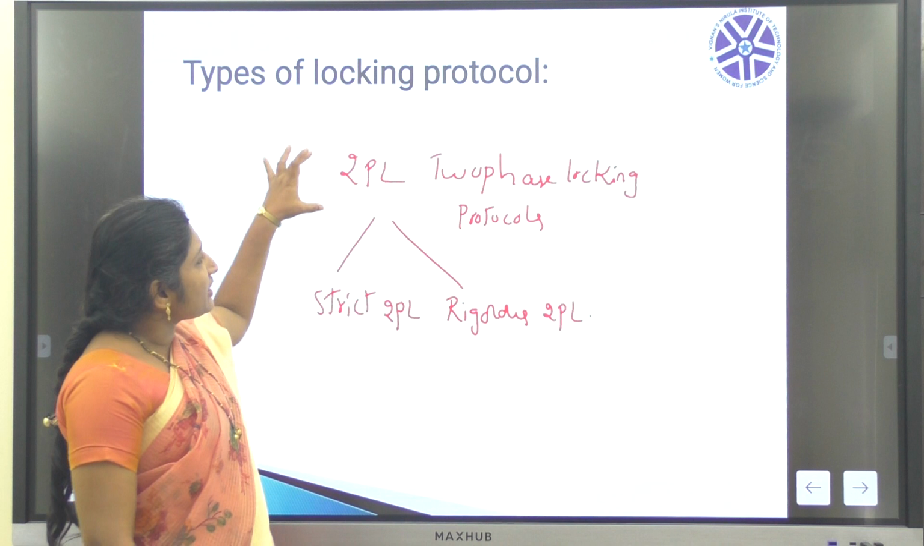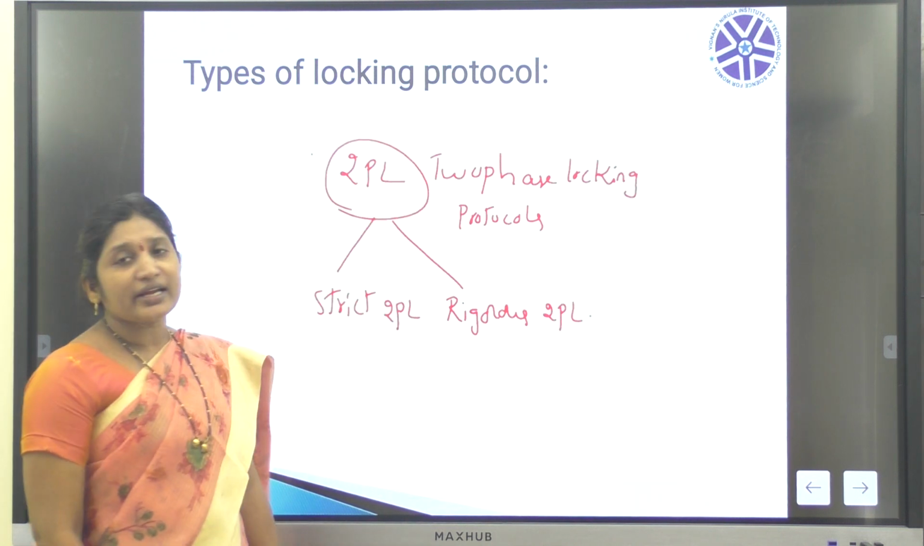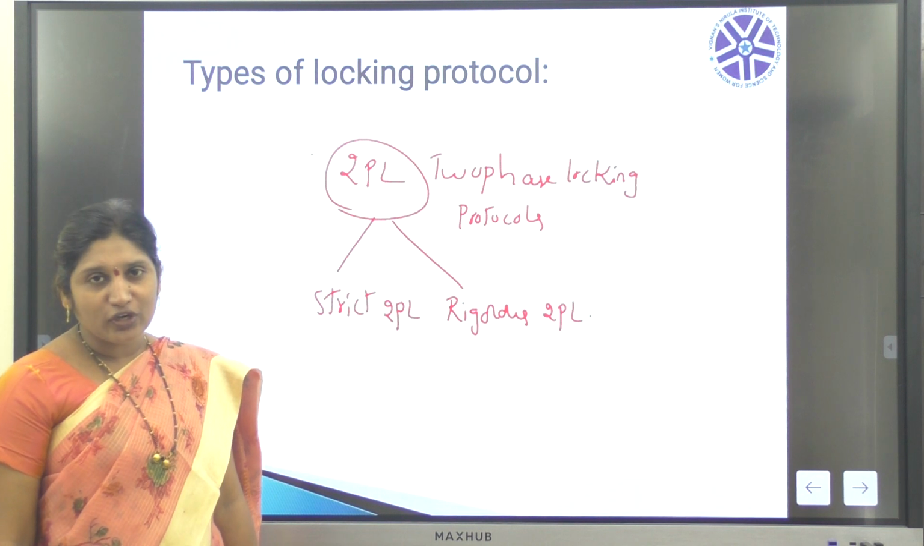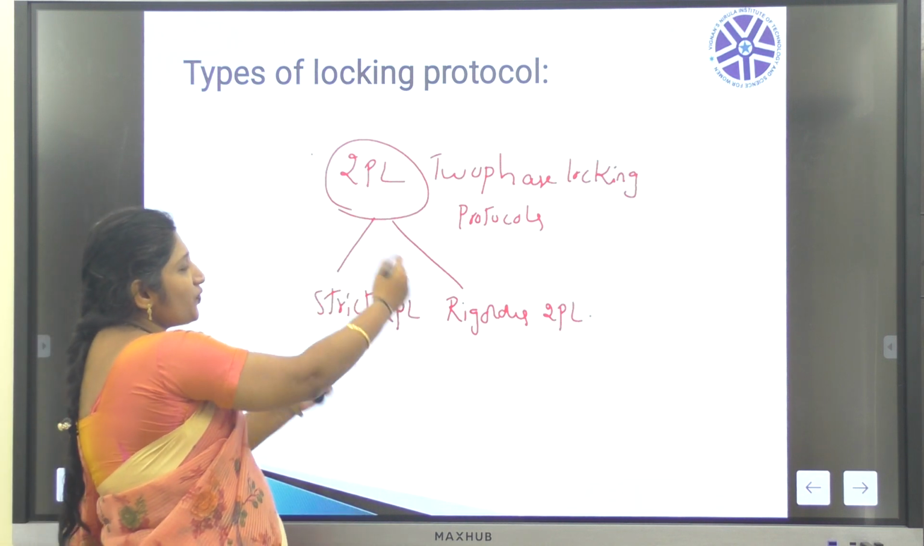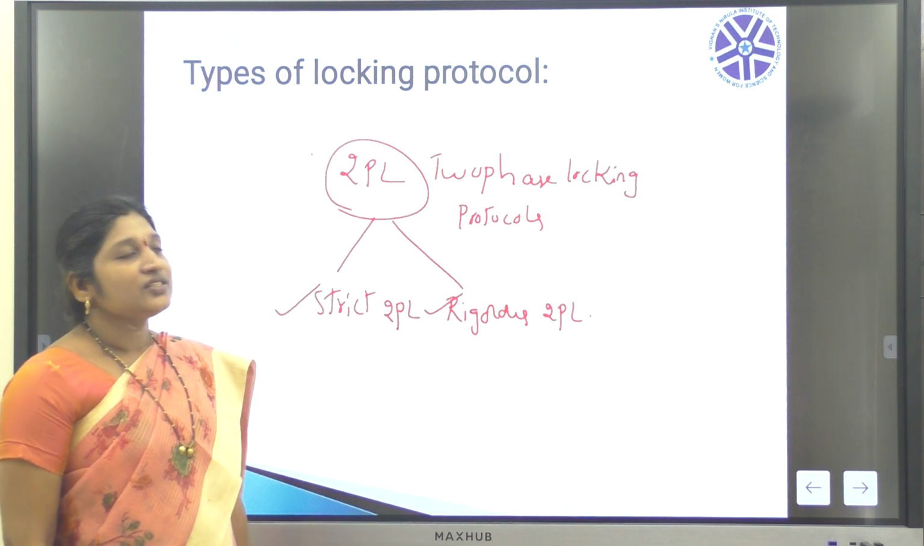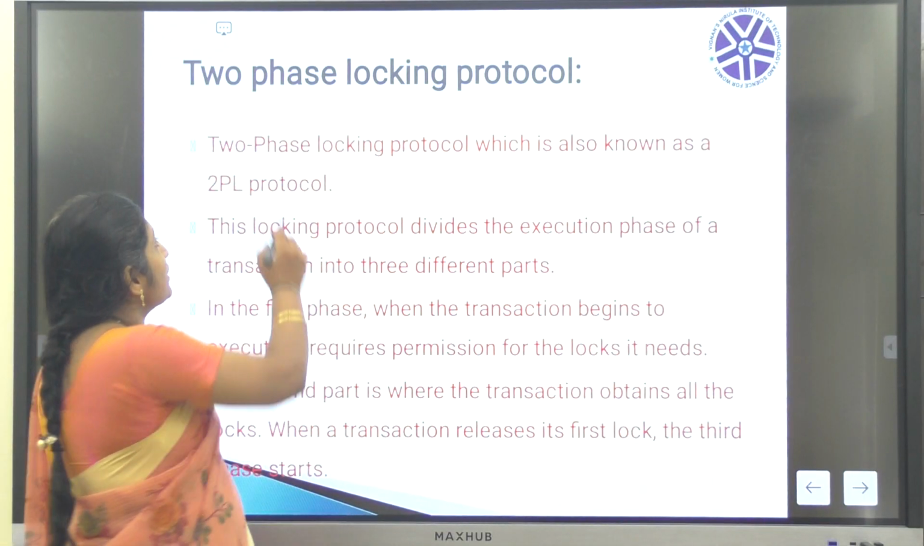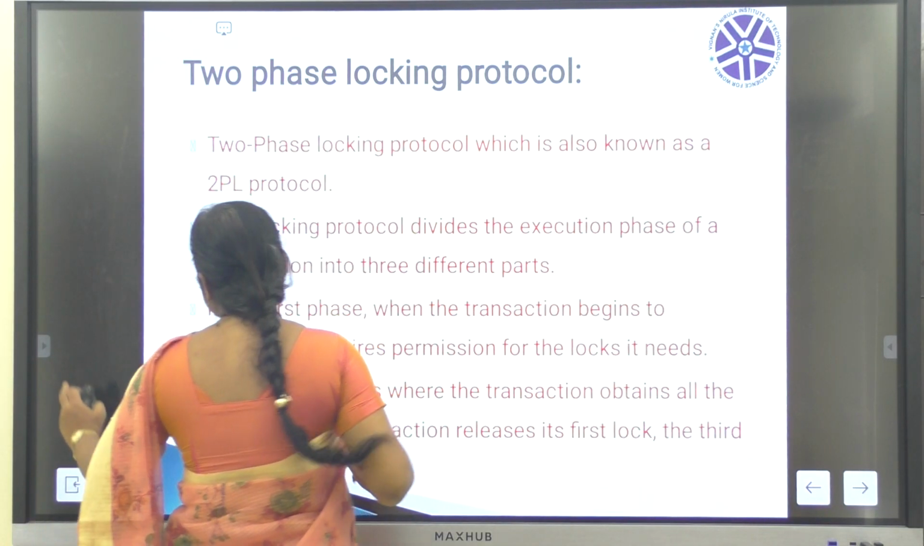Basically there is one standard protocol, which is called the two-phase locking protocol. The two-phase locking protocol has two variations, strict 2PL and rigorous 2PL. We will discuss the meaning of the two-phase locking protocol. As its name indicates,